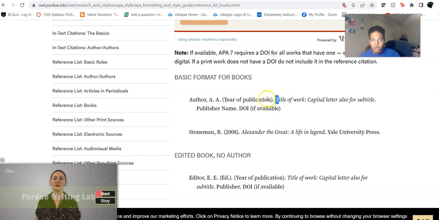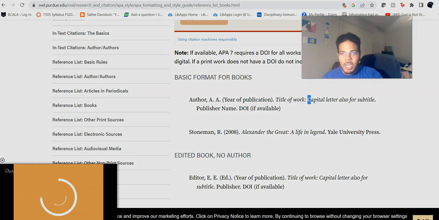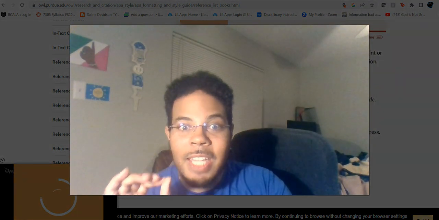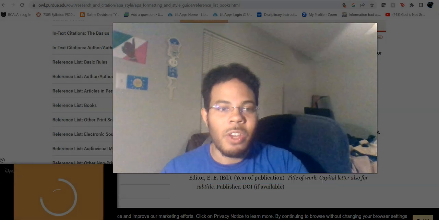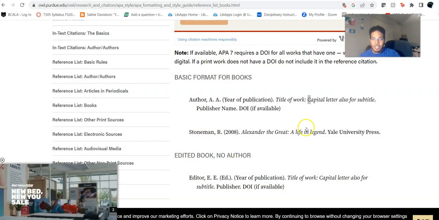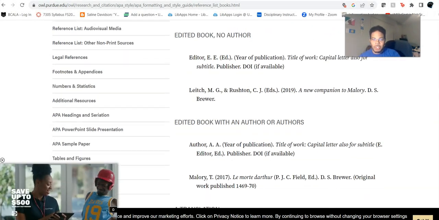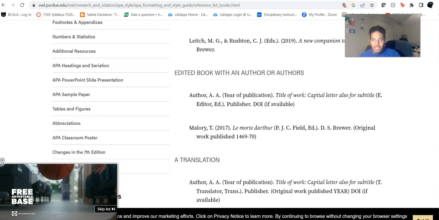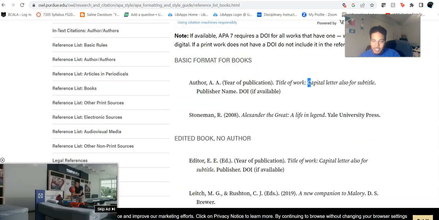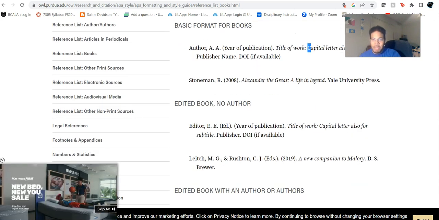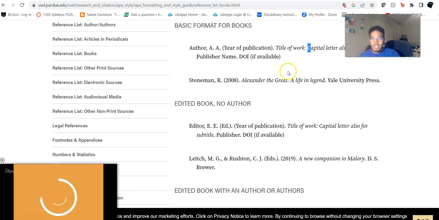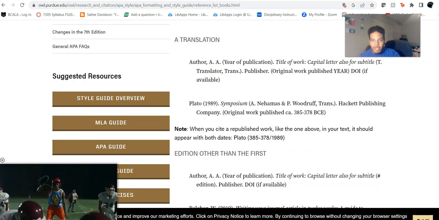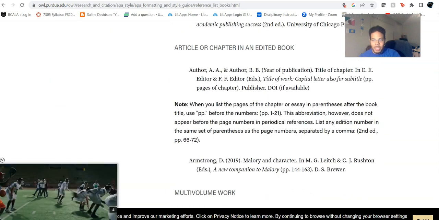Again, first word of the title, first word of the subtitle, and any proper nouns. That is it. Okay? So that means that if you go and try to do the standard English capitalization, I will mark you wrong for that, because it's up to me to try to teach you how to do APA properly. Now, again, proper nouns are still capitalized.